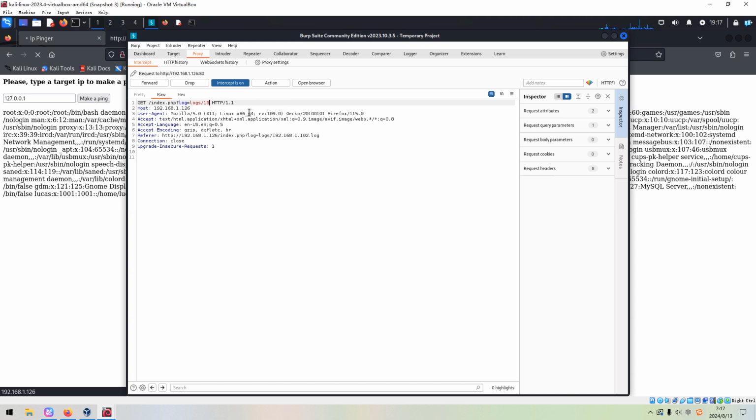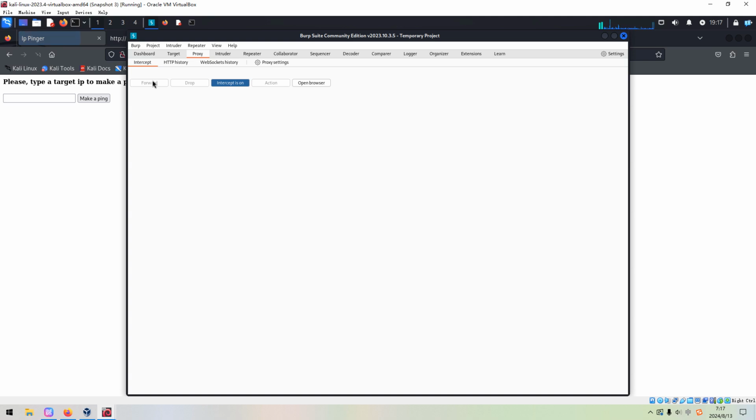Replace by this: home, followed by the username and the SSH directory, private key. Let's forward. However, nothing returned.